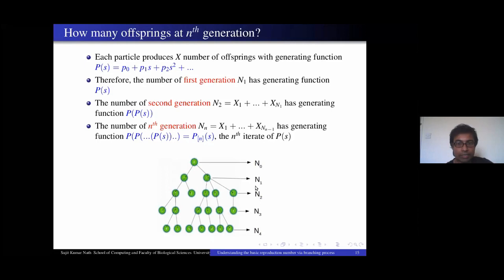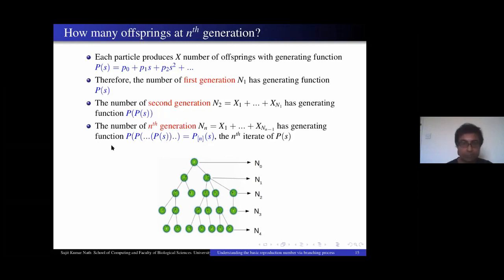Now n2 has generating function p of ps, so we need to compose another ps inside this p, so that we get the generating function for the third generation, and so on. If I ask how many particles there are at the nth generation, nth generation particles will be created by the n minus 1th generation, and the corresponding generating function will be obtained